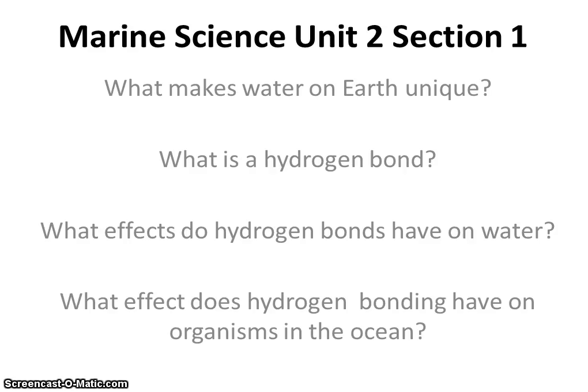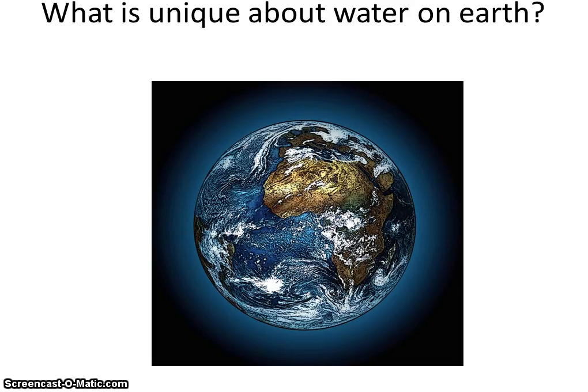So let's begin with what makes water on Earth unique. So this is Earth. You're probably familiar with it. It's a big ball. It's blue, and it's blue in part because of water. And it's really important to understand that what makes water on Earth unique is not that there is water on Earth. There's water in tons of places in the universe. There's water on comets. There's water on moons. There's gaseous water or steam on Venus. There's solid water on Mars. So what's the deal with water on Earth? Why do we care so much about water on Earth?